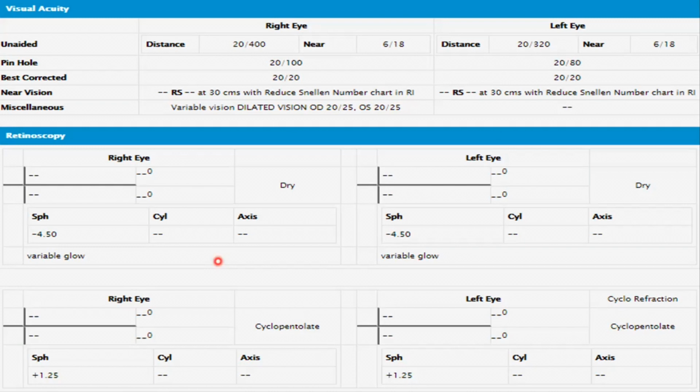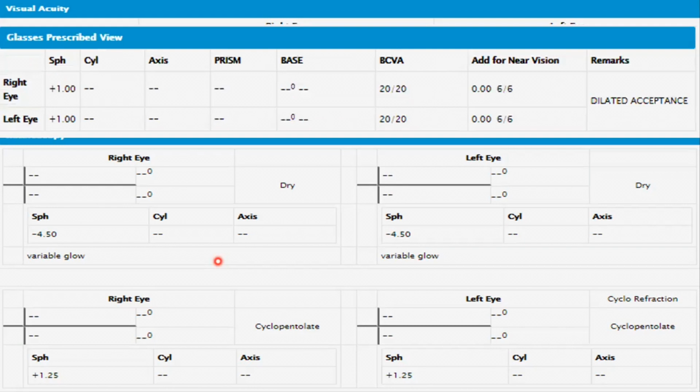As I told you, accommodation is active for distance, so convergence is also active. Because of the activation of convergence, ultimately you will see esophoria, and in a later stage it can lead to esotropia also. So in this patient, we decided to give the full cycloplegic refraction, that is +1 in both eyes,